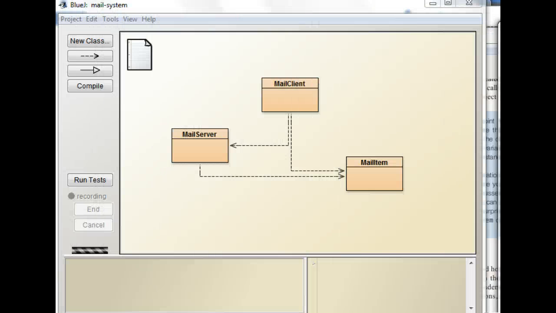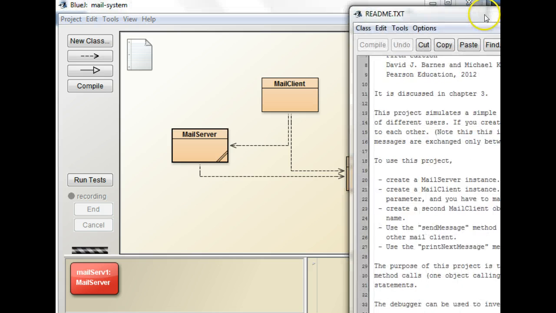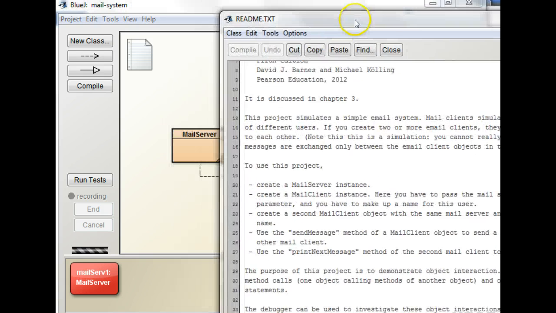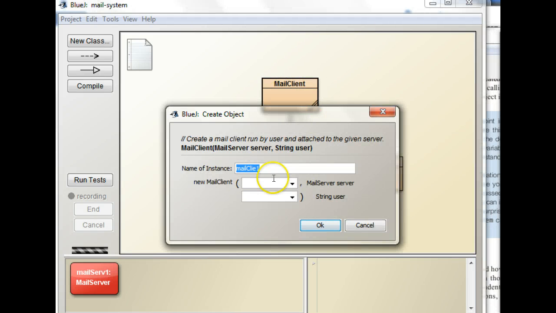So it says create a mail server instance, and the next thing it says to do is create a mail client, and here you have to pass the mail server as a parameter, and you have to make up a name for the user. So let me do that. The name of my server is mailserve1, so I'll type that in, mailserve1, and I'll make the user Gabby and say OK,